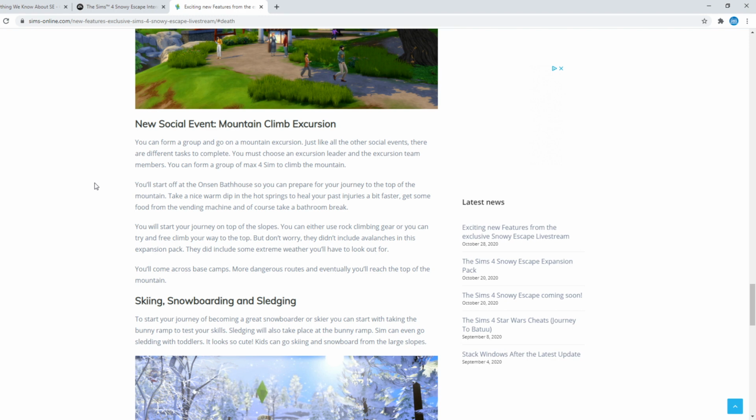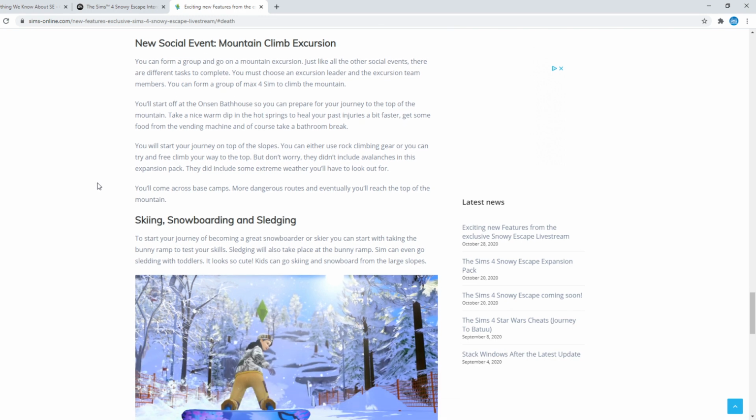You will start your journey on the top of the slopes. You can either use rock climbing gear or you can try and free climb your way to the top. That sounds terrifying. But there are no avalanches, which is kind of disappointing, but there is new extreme weather, which is pretty cool. You'll come across base camps, which is very important when you're doing any kind of mountain excursions, that there is somewhere for you to chill if you're like dying, more dangerous routes,